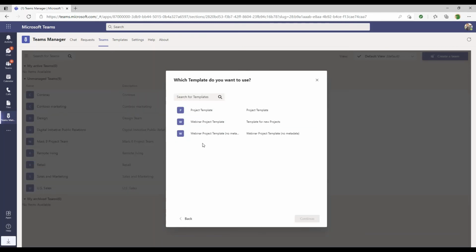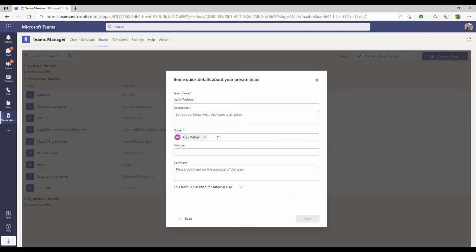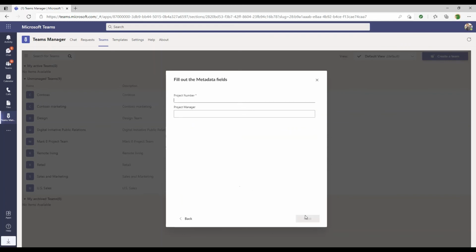standard user. If I click private, and I'm going to use this webinar project template, and I've got one below it which is exactly the same, but it's got no metadata. But if I click on this one, this should prompt me for metadata. So again, let me just fill this in with just some generic information. Let me just put that as 2 so we don't override the other one. So here it's prompting me to fill out some metadata. So again, I could just put